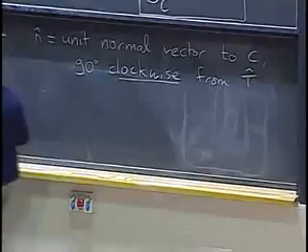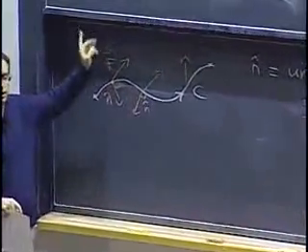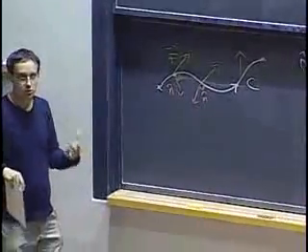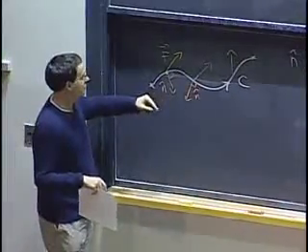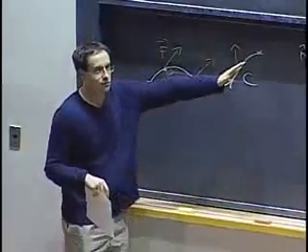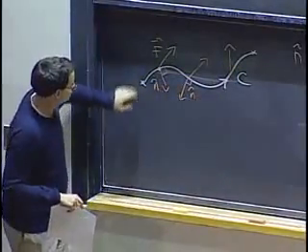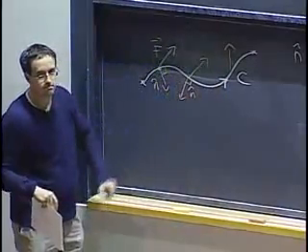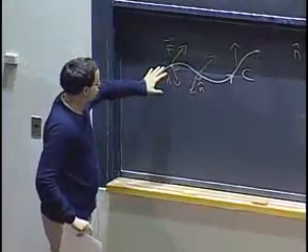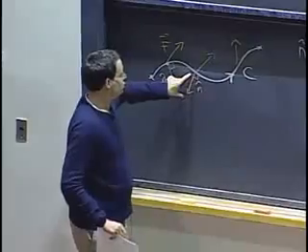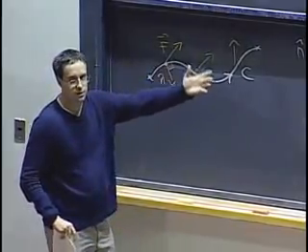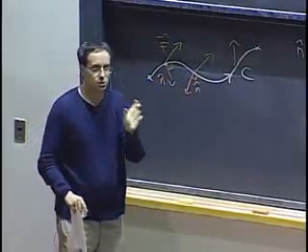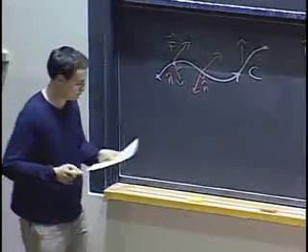So what does that mean? I have two normal vectors, one pointing this way, one pointing that way. I have to choose a convention. And the convention is that the normal vector that I take goes to the right of the curve as I'm traveling along the curve. So imagine that you're walking along this curve, then you look to your right, that's that direction. Okay? So at every point along the curve, we'll do the dot product between the vector field and the normal vector, and we'll sum that along the various pieces of the curve.